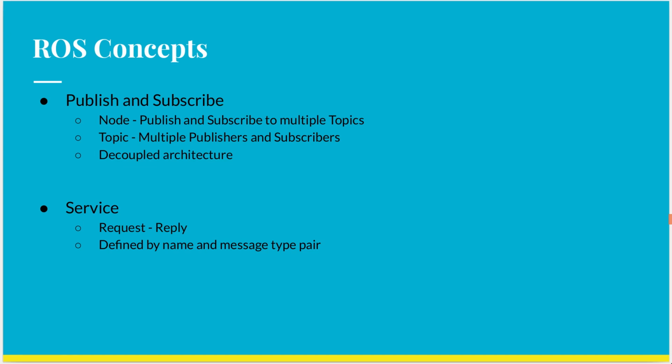Instead of using the publish and subscribe method, a service is based on the request reply method, where a ROS node can request another ROS node to perform a certain task and then return some reply. This is similar to a function call that we use while writing programs. Similar to a topic, a service is defined by a unique name and a pair of message types. The pair of message types that a service uses for its request and reply must be mentioned before compiling the ROS project, and we will learn how to do that in the upcoming slides.